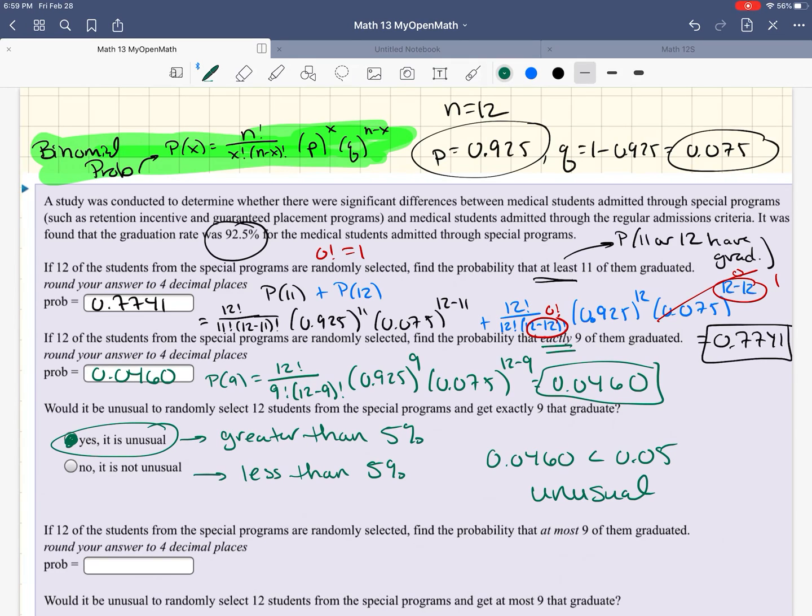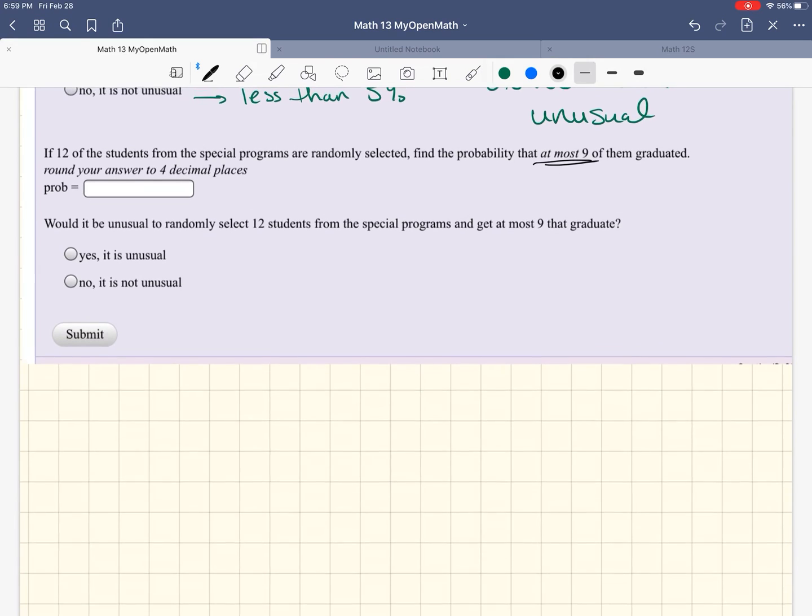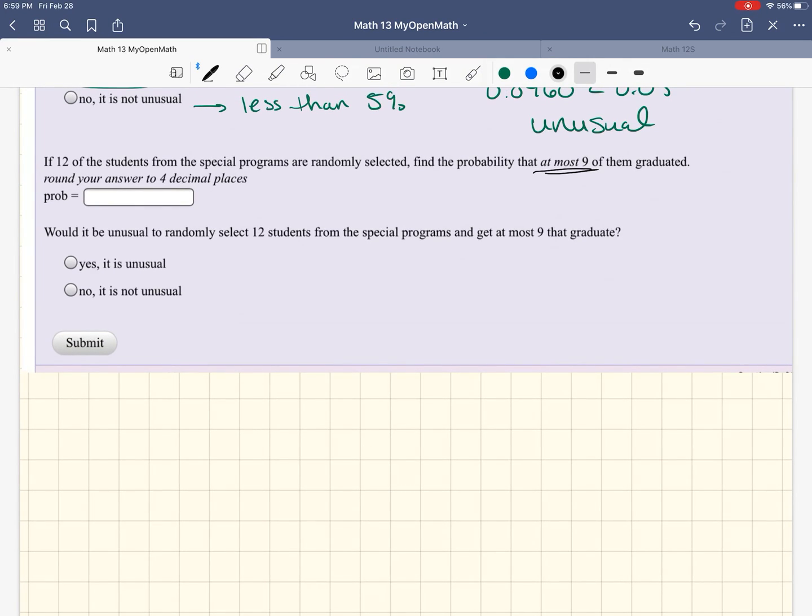Okay, last one. If 12 of the students from the special programs are randomly selected, find the probability that at most 9 of them graduated. Now, let me scroll up a little bit here to give us some room. There's 2 ways to do an at most. So at most 9 graduated could be calculated as the probability that none graduated plus the probability that 1 graduated plus the probability that 2 graduated, and so on, up to the probability that 9 graduated. But we wouldn't want to include the probability that more than 9 graduated, so no 10 or 11 or 12. That's one way to do it. That's a lot of probability calculations. We could also do